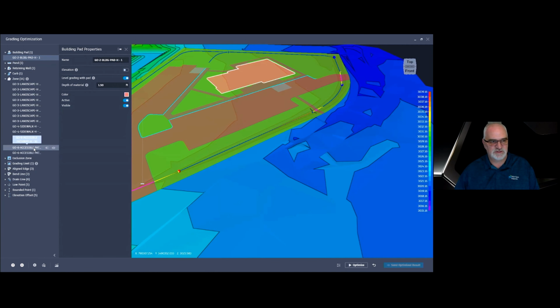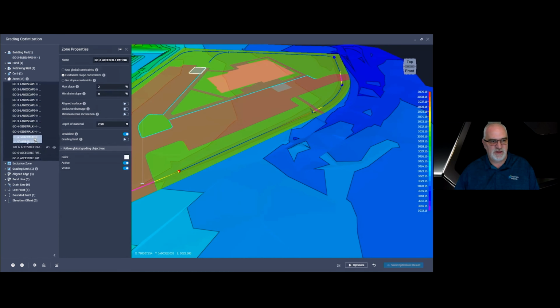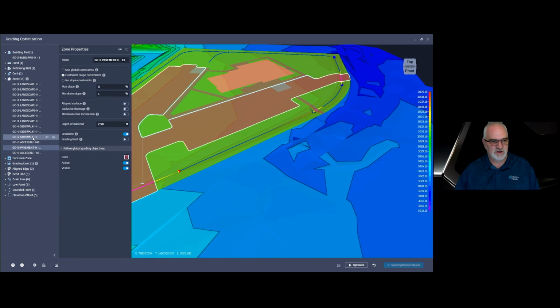So if I want accessible paths to be in control, I need it to be above pavement. So I can move them just by dragging and dropping in the direction I want them to be.